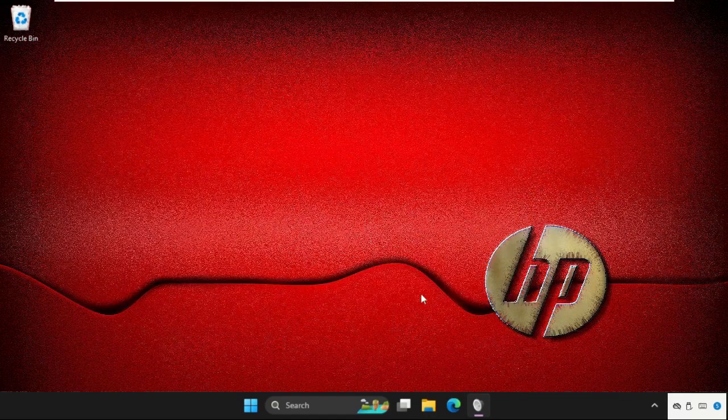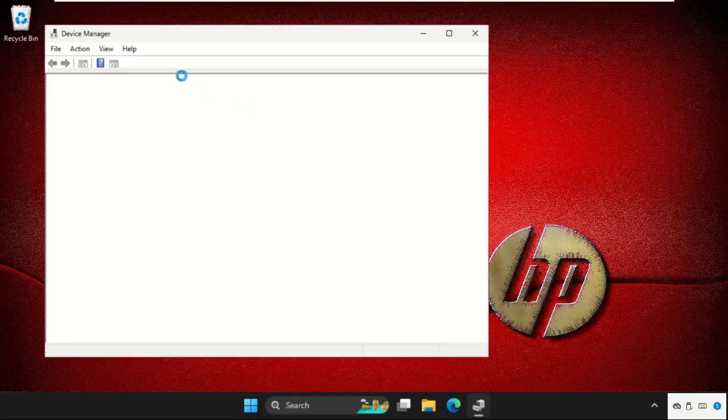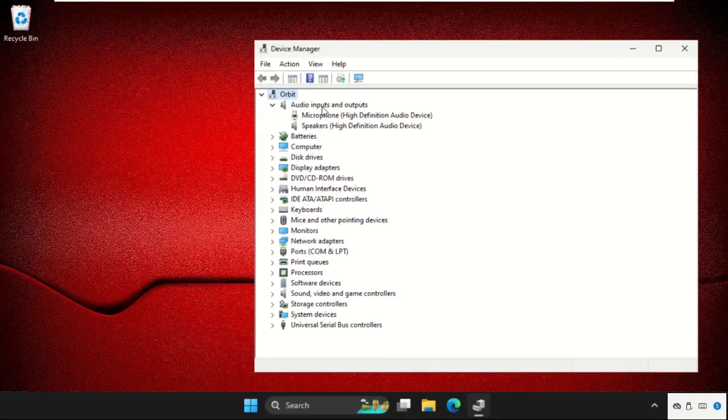Close all windows one by one and then right click on the start icon, go to device manager. Here we need to expand these audio inputs and outputs. Firstly, we will